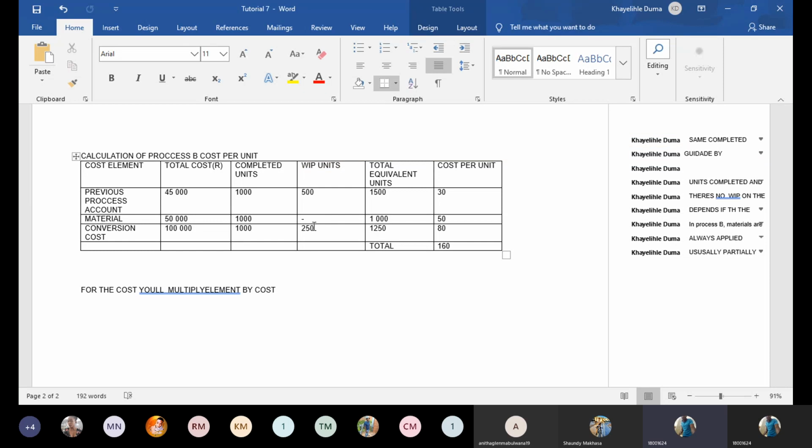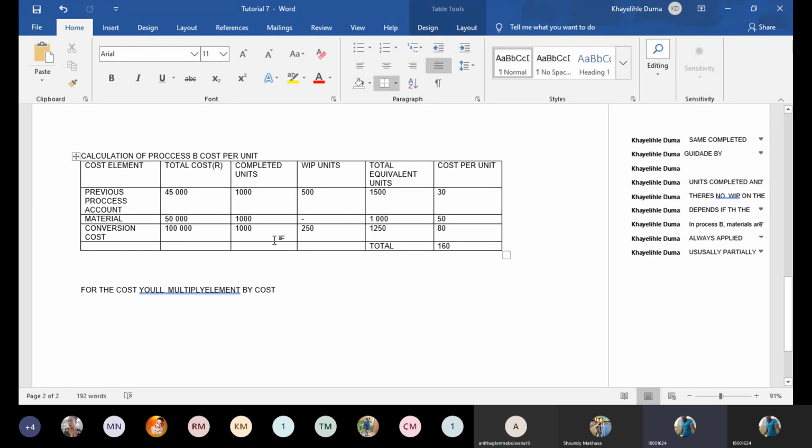If they gave you that the conversion cost closing balance was 1,000, conversion cost is obviously applied all over the processes. So you'll be guided by the information. If they were 1,000 at the end, the only thing that can change is the percentage. It can say maybe 75% was complete. So you take that one to here. There they said that 50% was complete, meaning the other 50% was incomplete. Then that's what you take here. And the total equivalent will be the completed plus the work in process, and then you'll get that.